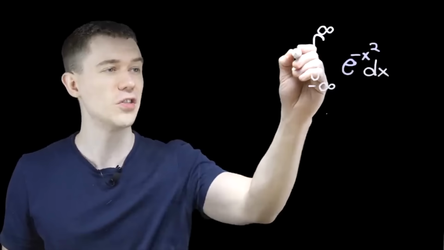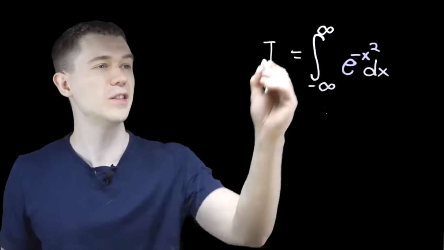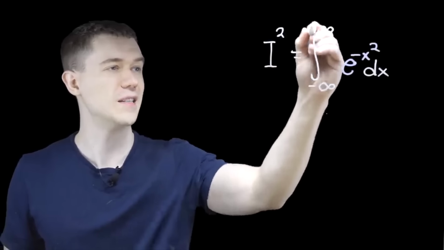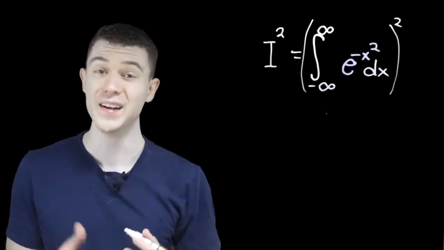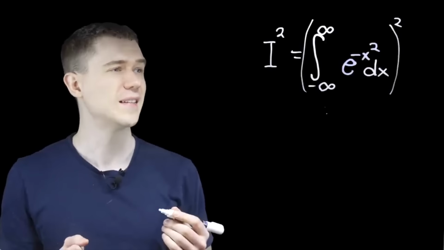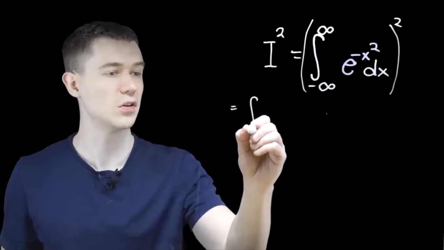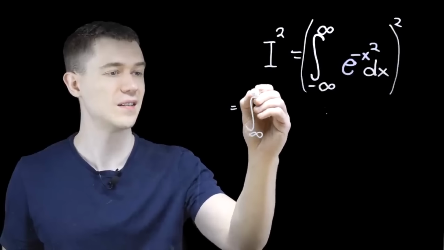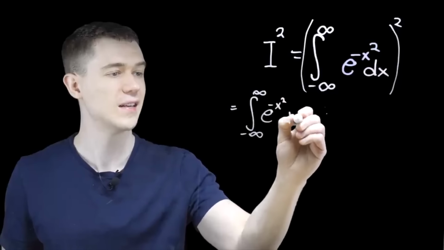We're going to just call this I for integral, and I'm going to square both sides of this equation. I'm going to square this entire integral. Not something you're used to doing, but what does something squared really mean? Well, it means times itself, so this just means the definite integral from minus infinity to infinity of this times